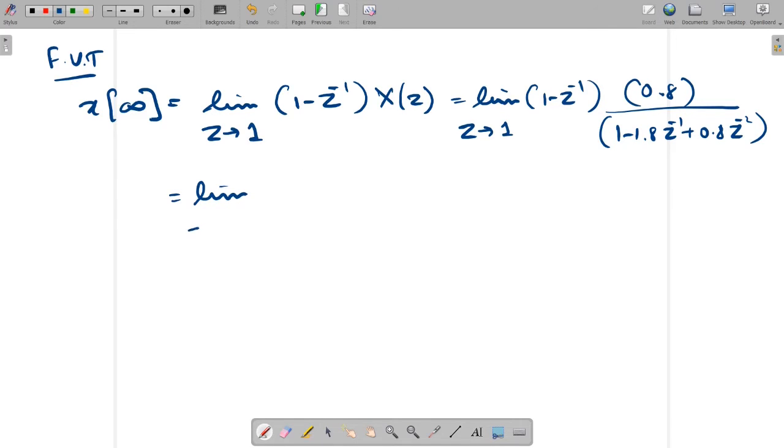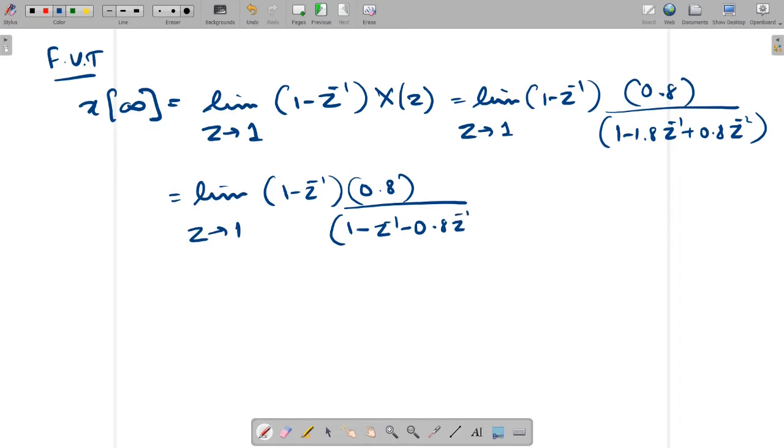Okay. So generally, whenever you get a sum like this, your x of z will be in a form which is divisible. So you can write this as 1 minus z inverse minus 0.8 z inverse plus 0.8 z minus 2 is equal to limit z tends to 1, 1 minus z inverse